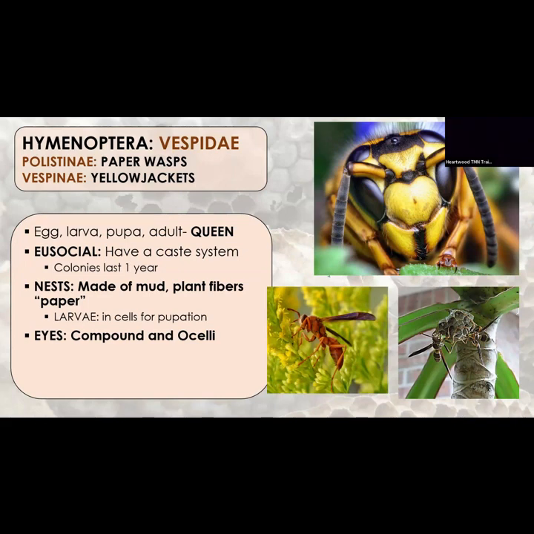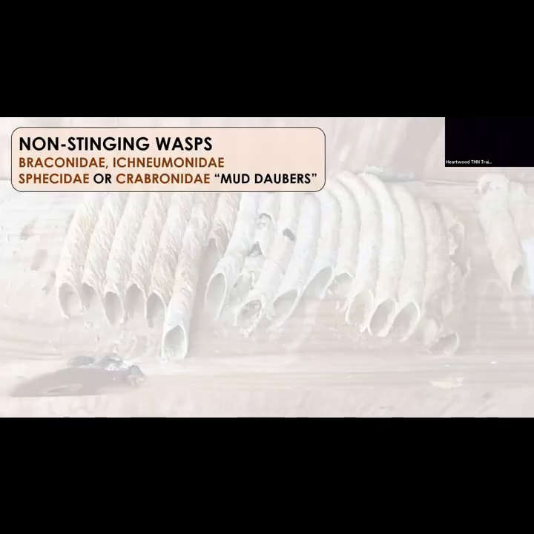They have compound eyes, and up top there are some ocelli. They have elbowed antennae. Elbowed antennae is very descriptive of a lot of hymenopterans. Having that first segment, they call it, I think, geniculate. And most of them are stinging.